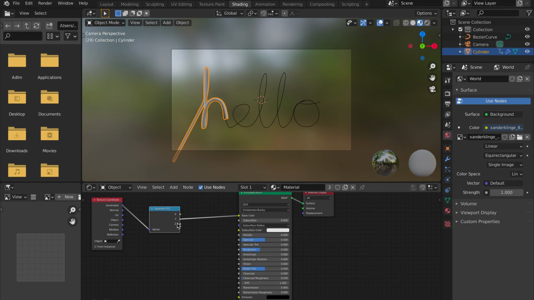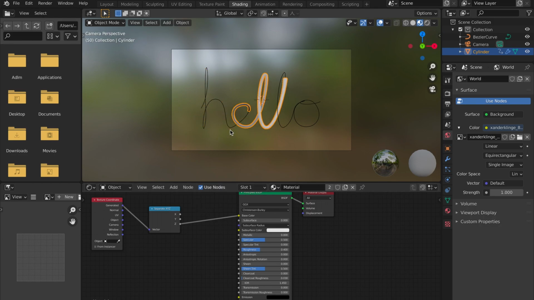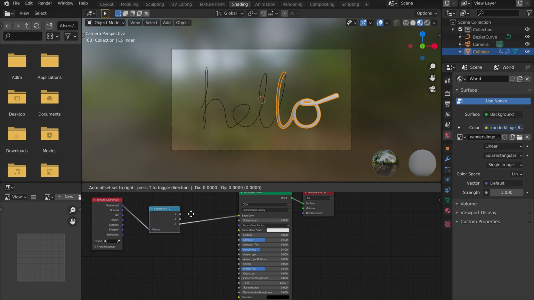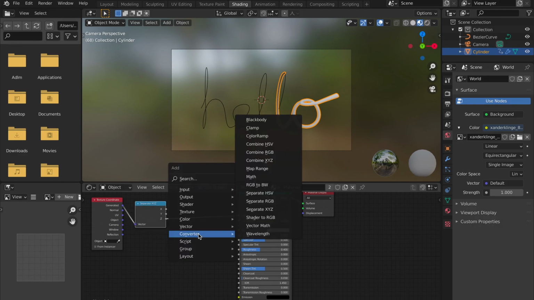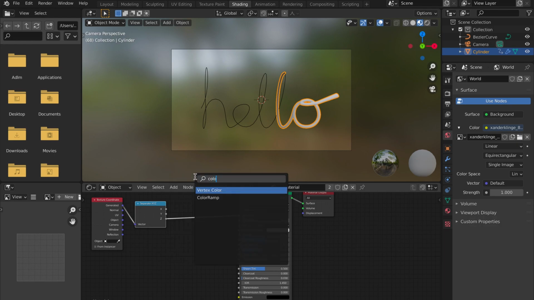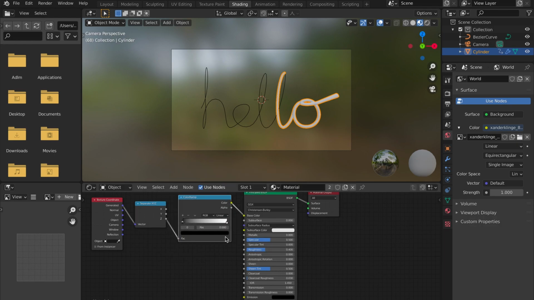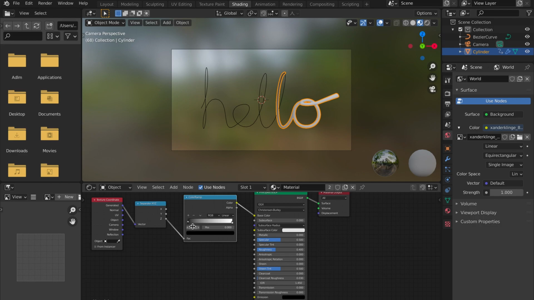So that's not the right one, so just use Z, and that seems to be the right one. So then we want it in color and not in black and white, so we add another node and then choose color ramp, and now we can change the color of any of these points to, for example,